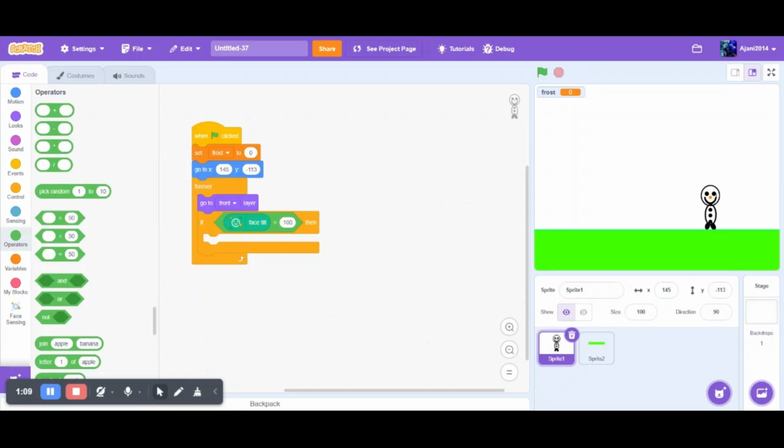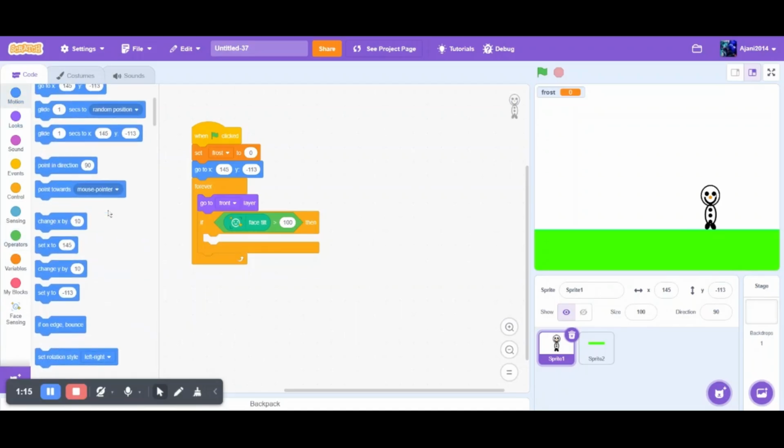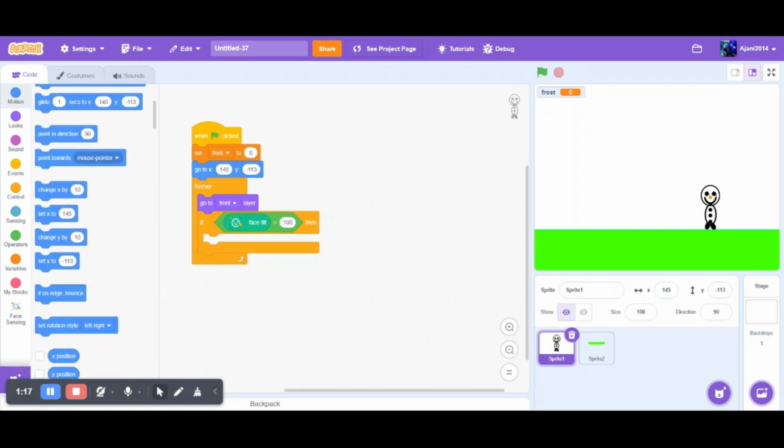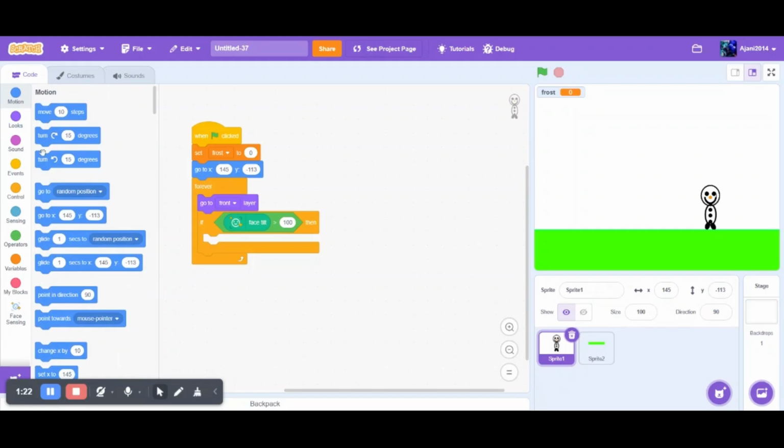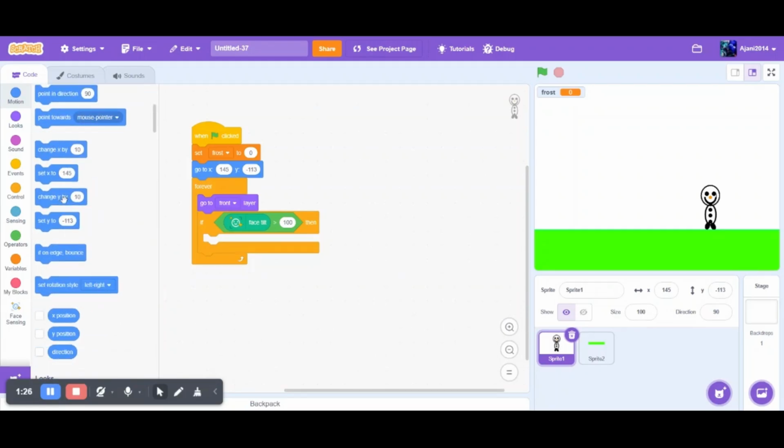And we specifically use greater than because greater than would be going to the right. So to the right, we need it to change x by